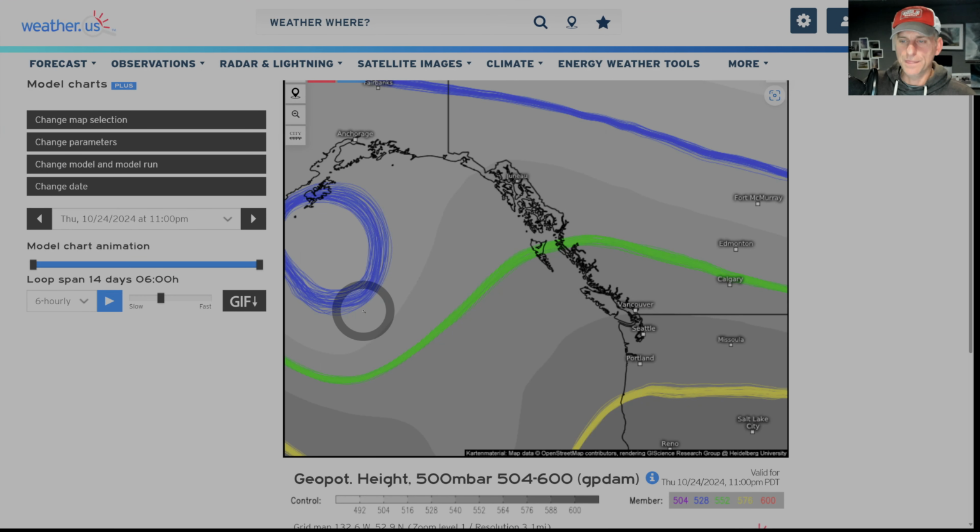Now, this is something interesting as well. So we have about 528 500 millibar heights here. So this is very cold in the upper levels of the atmosphere. And if you get towards the equator, of course, the atmosphere is thicker here. So you can see a little bit of ridging here, maybe across some of the west coast.